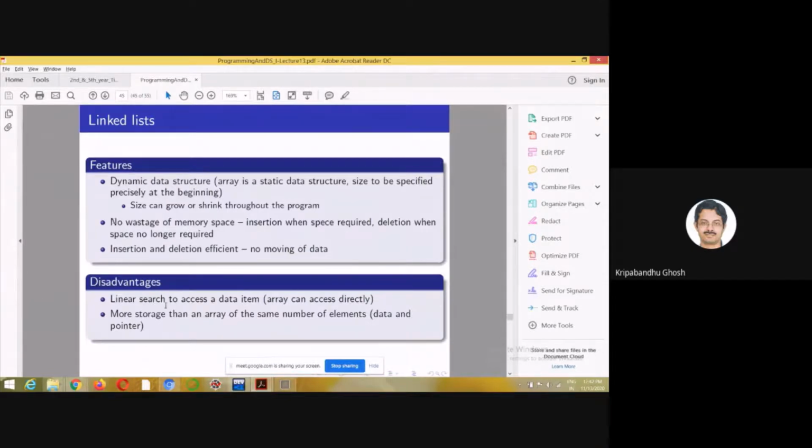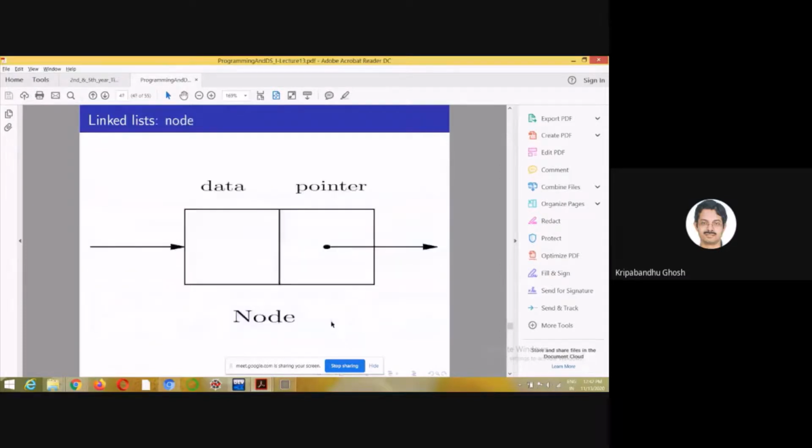But the disadvantage is that any element can only be searched linearly. You cannot have direct access using the index as in an array. And for a given element, more space is required. Why? Because an element in an array is like 1, or 5, or 15, in the previous example.